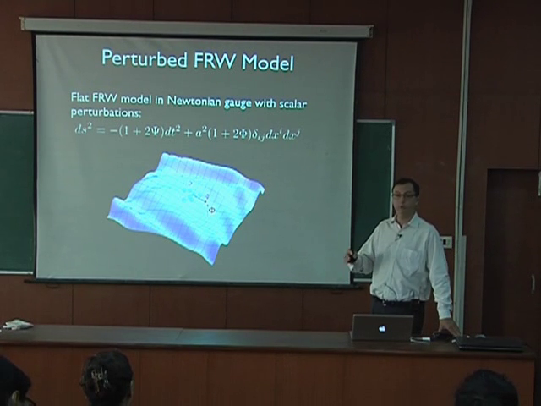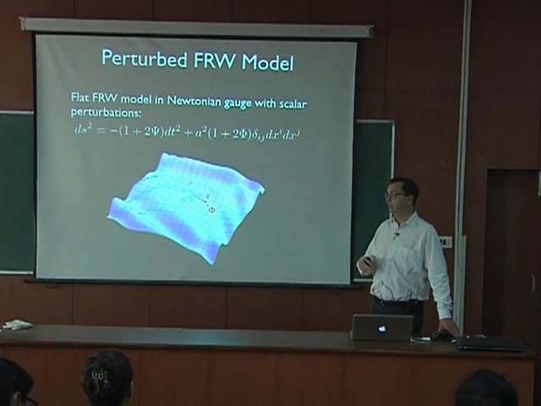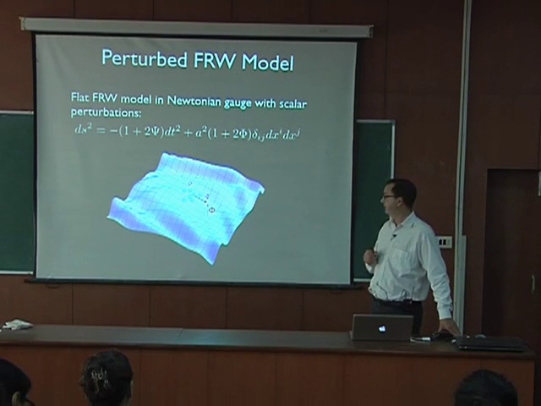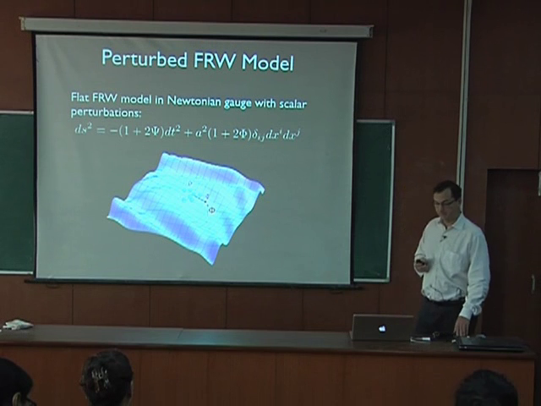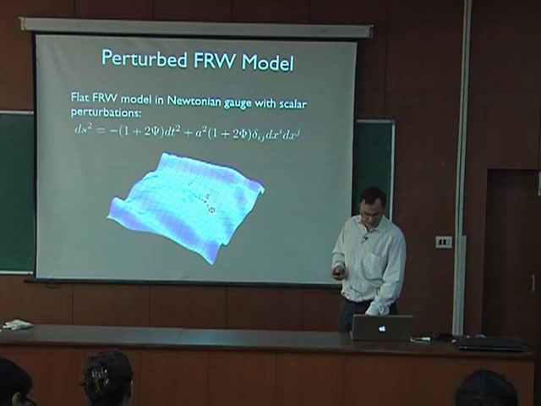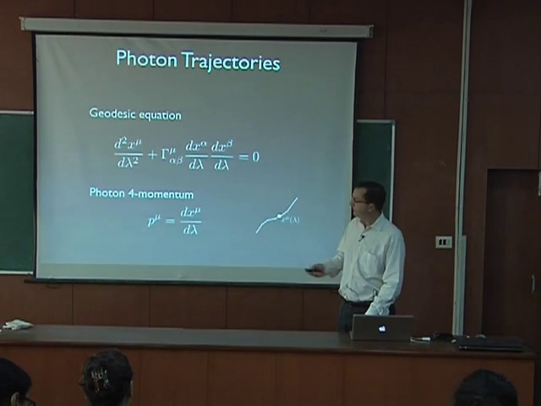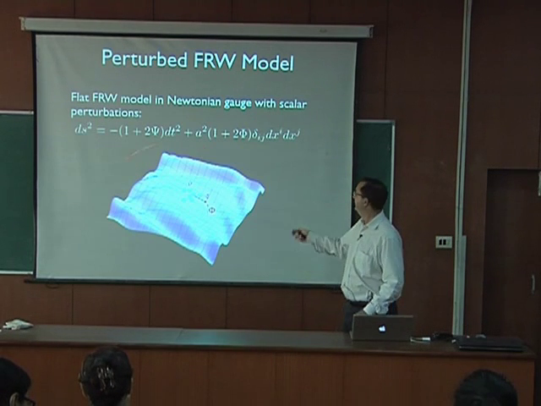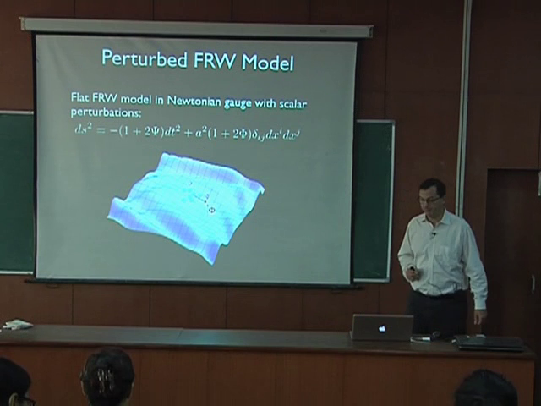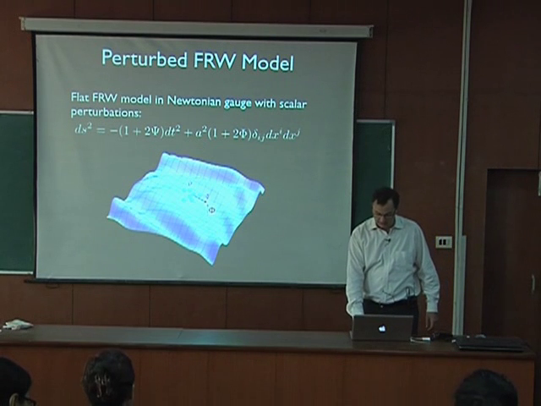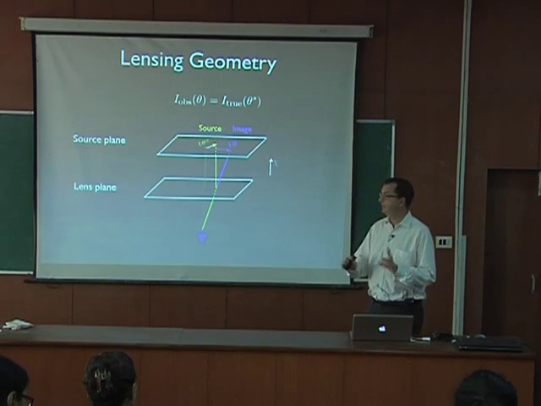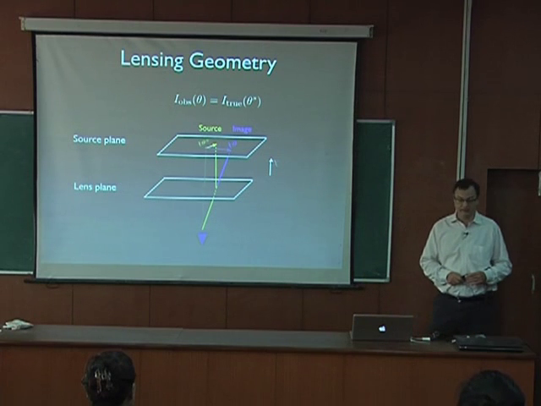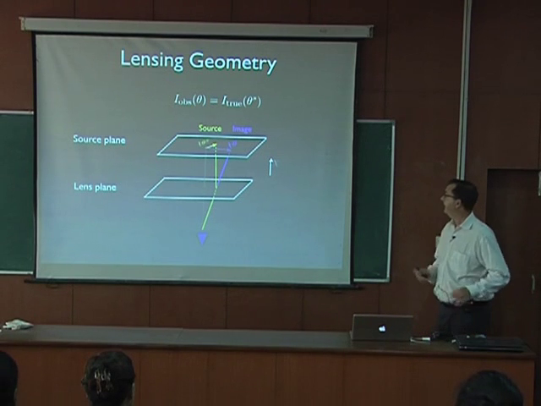But you can also do a full general relativistic treatment and get to the same answers, so some approximations. Okay. All right, so what we need to do is consider a photon and solve this equation in a perturbed space-time like this. And in order to do this, let's look a little bit at the geometry of the lensing situation and define